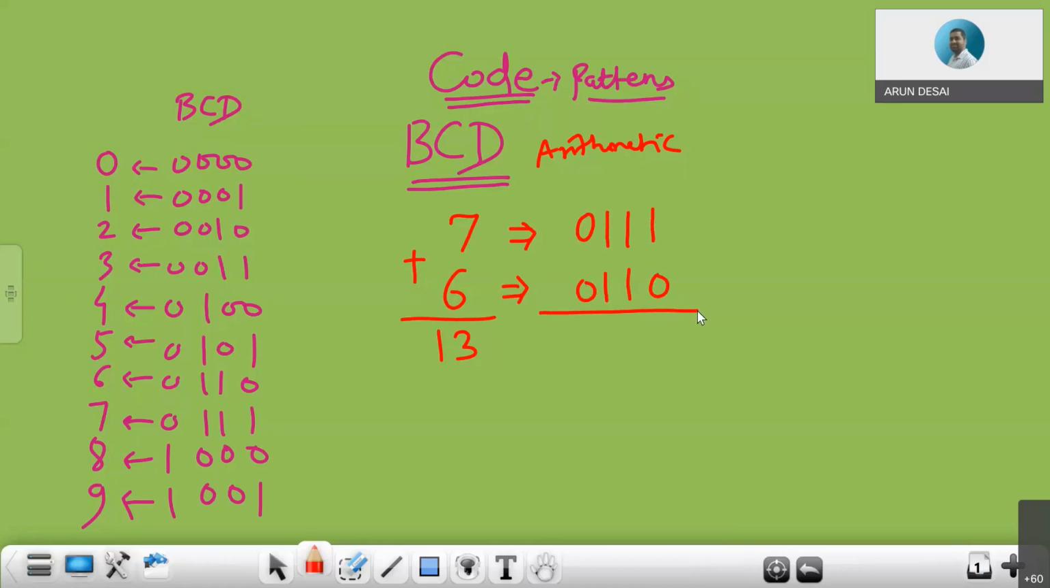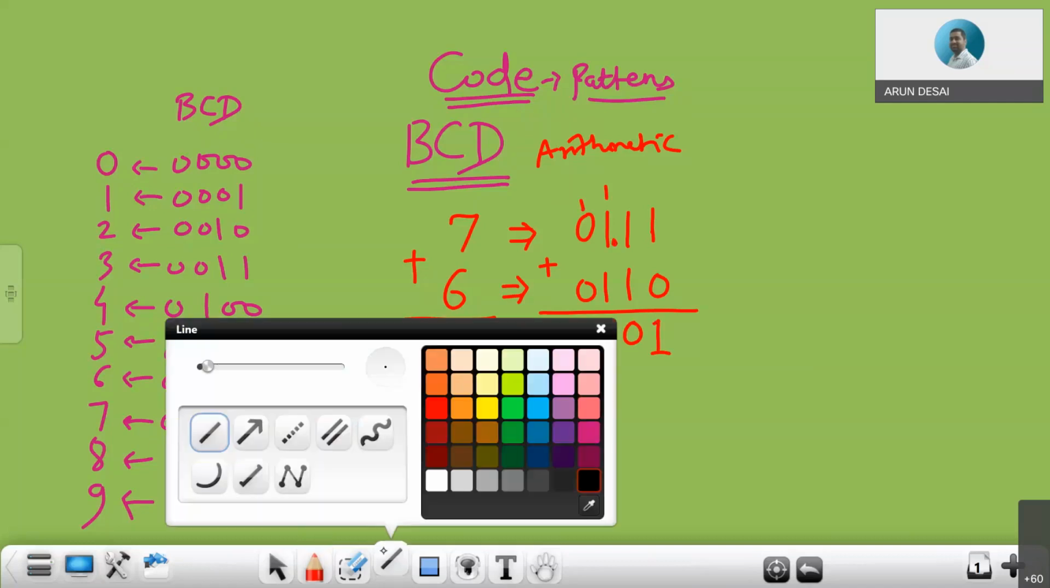Now, addition. 1 plus 0 is 1. 1 plus 1 is 0, carry 1. 1 plus 1 is 0, carry 1, and 0 plus 1 is 1. Now 1 plus 0 is 1. This is how the result comes. Now check this result